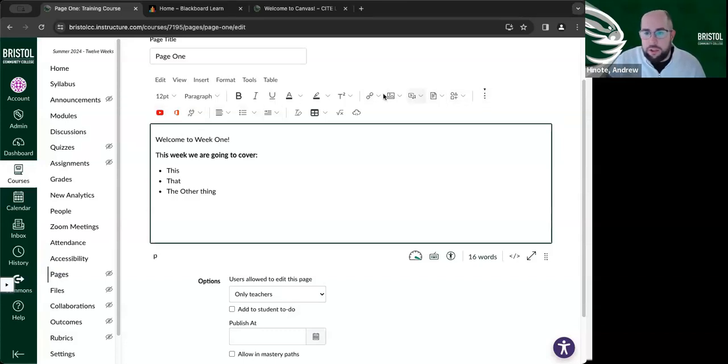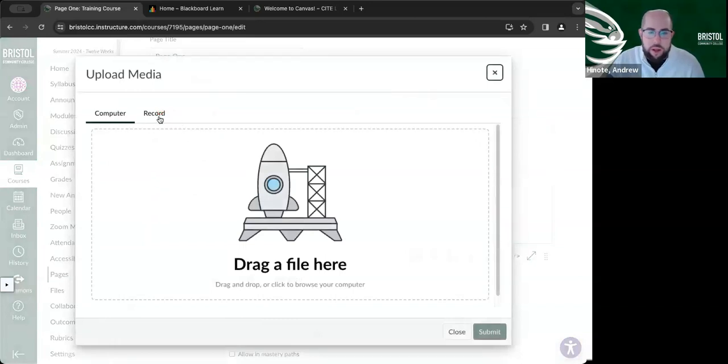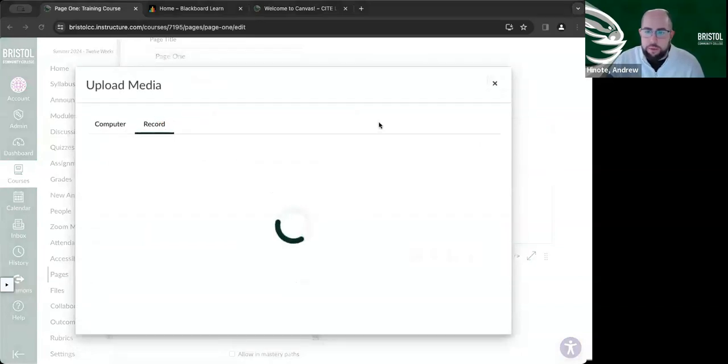So up on the text toolbar here, there's a whole bunch of different buttons to look at. So there's the normal paragraph formatting, bold, underline, highlighting, exponents, and things like that. But then there's also the ability to upload and record media, which is new. So if I do upload record media and I go to this record tab and allow,